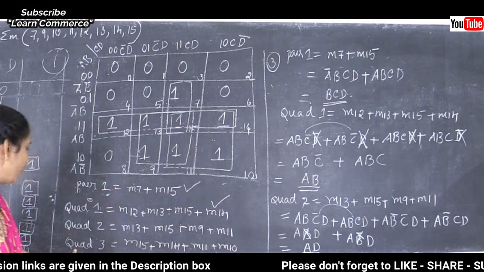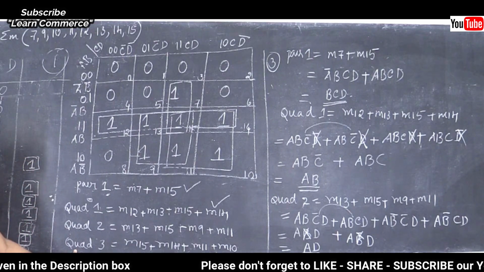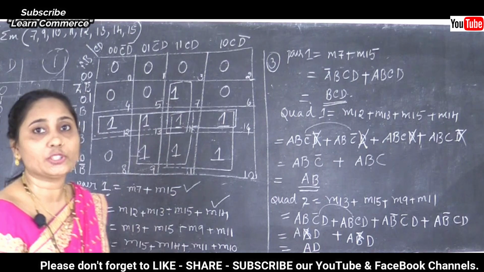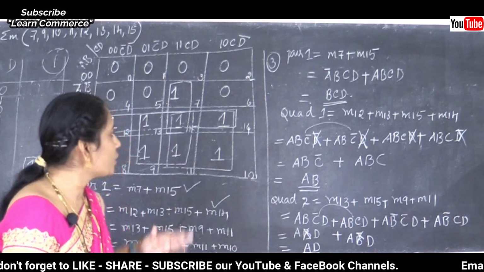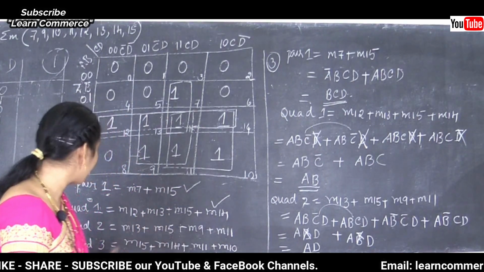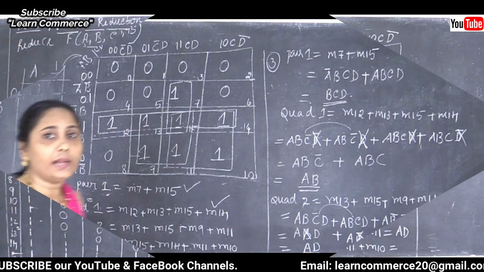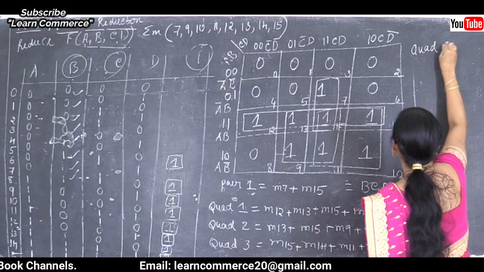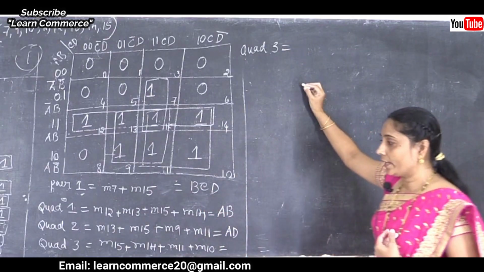Now also one more calculation is there for the quad 3, and after getting all such group values we need to OR them. Correct, note here? So this is some example. Now also the calculation for quad 3 is there. Now the quad 3 calculation.